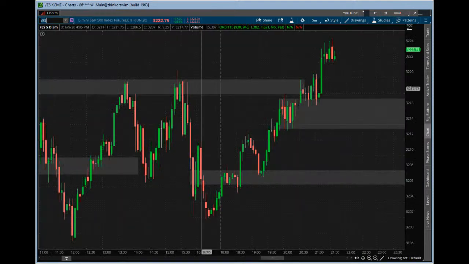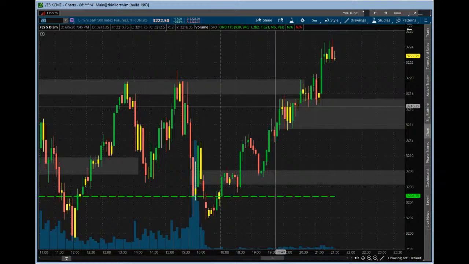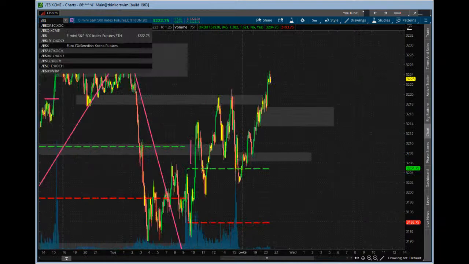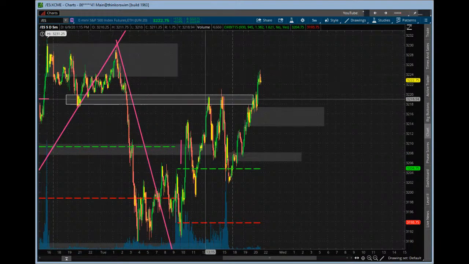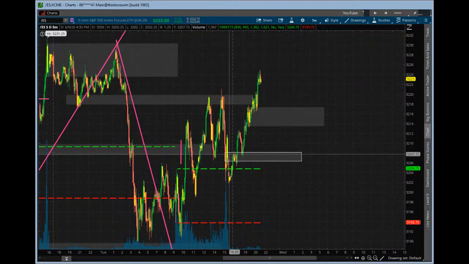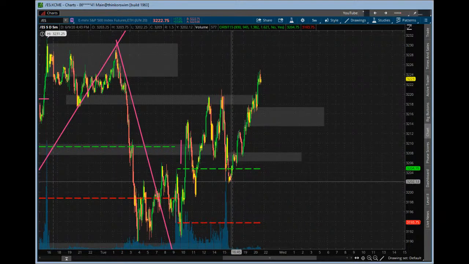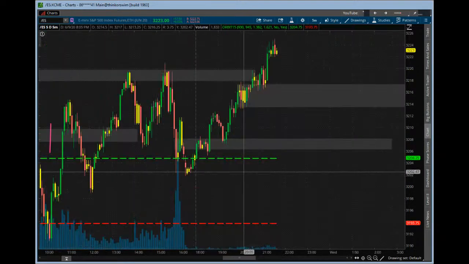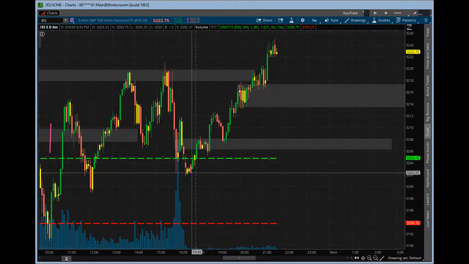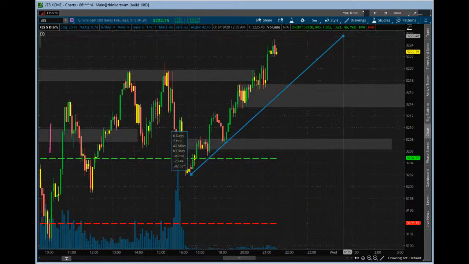Whoa, okay, so they're up 17 points already, so pretty cool stuff. So we had a couple zones right here that we were contending with when we look at the futures, right? So this was a prior rally zone right here, so that became resistance today. One or two drops off of that, and like we just saw there on the SPX, we pushed down a little bit and then a little bit further after hours, and then into the open session, we started to work our way back up. So right now we're seeing higher highs, higher lows, and what that's doing is giving us a nice upward trend line to look at and to look forward to into tomorrow.